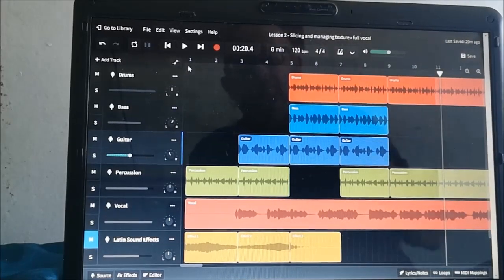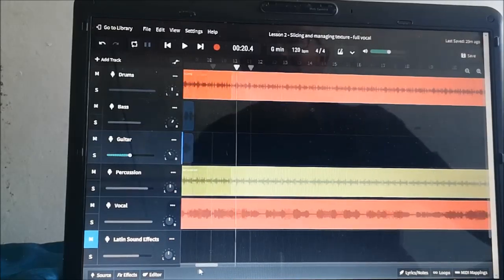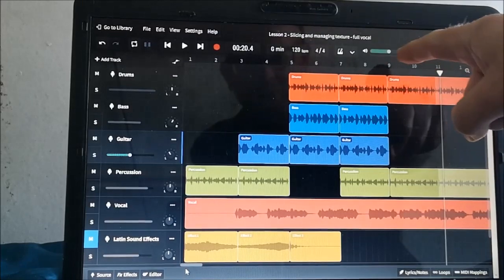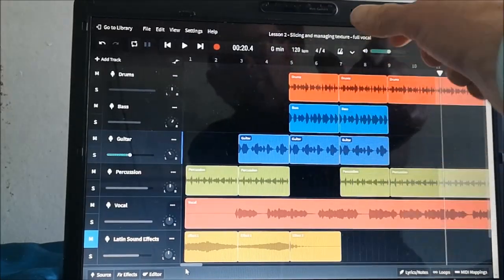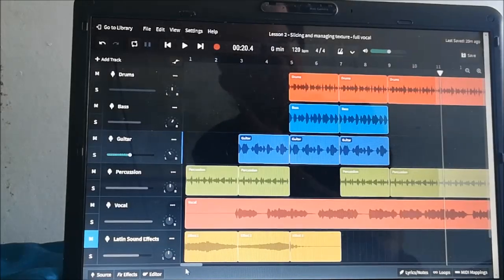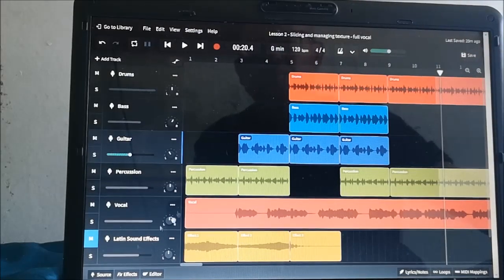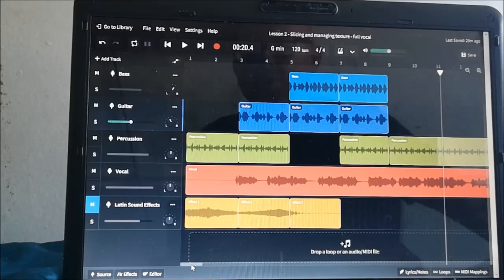Okay, so that's really what you need to do, and spend a little bit of time, go through the whole piece up as far as number 32, and just first of all see if you can slice these up into 2-bar sections, and then just get rid of any ones you want to get rid of and change the sound of it throughout. See if you can get an idea of it building up and then dying down through the whole verse. As an extension, if you find that really easy, or you just want to get really into it